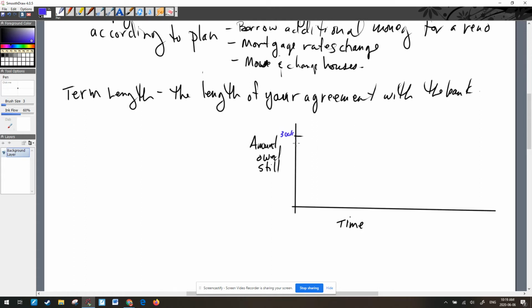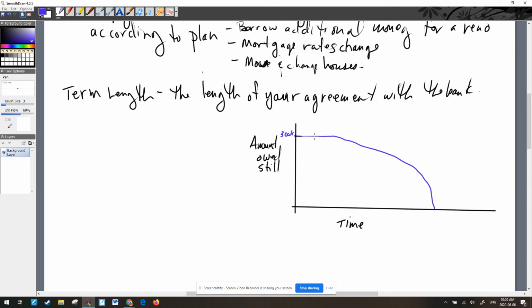It's interesting. When you pay off a mortgage, it doesn't look like this, right? That's not what happens, because when you first have your mortgage, most of your first payment is going to be interest because you are paying interest on the full $300,000. So your first payment doesn't actually pay all that much off your mortgage. Your first payment is mostly interest. So what's interesting is that, and I'm not going to do a great job of drawing this, the amount that you owe versus time goes like this.